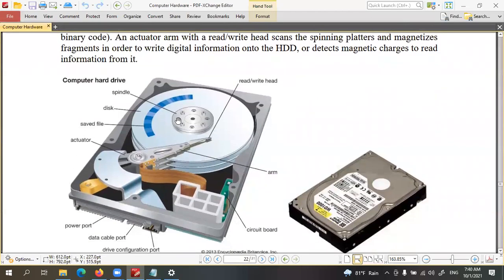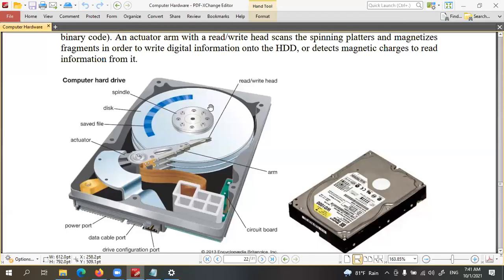Due to this technology, the rotation and what we call electromagnetic formation of data, the read and write speed of the hard disk is slower compared to other memory, right?